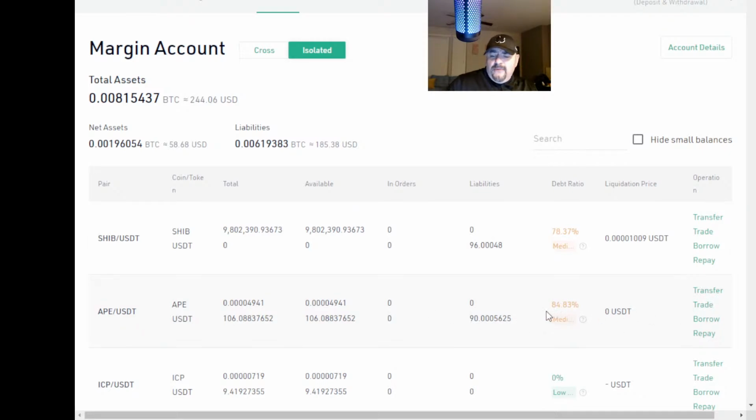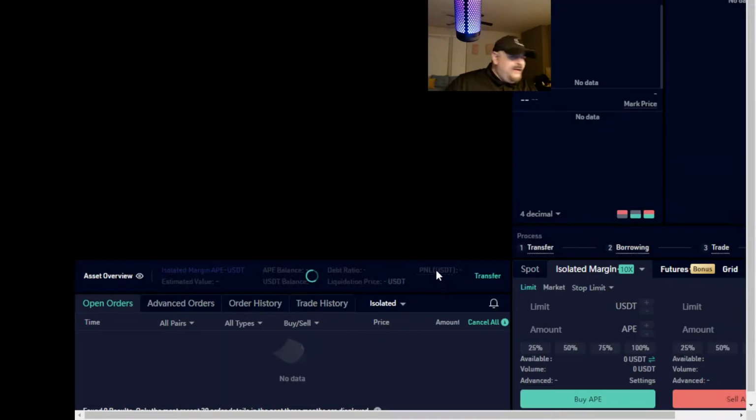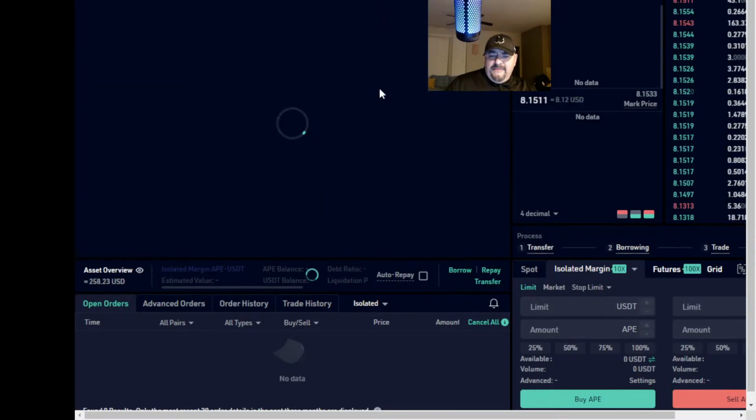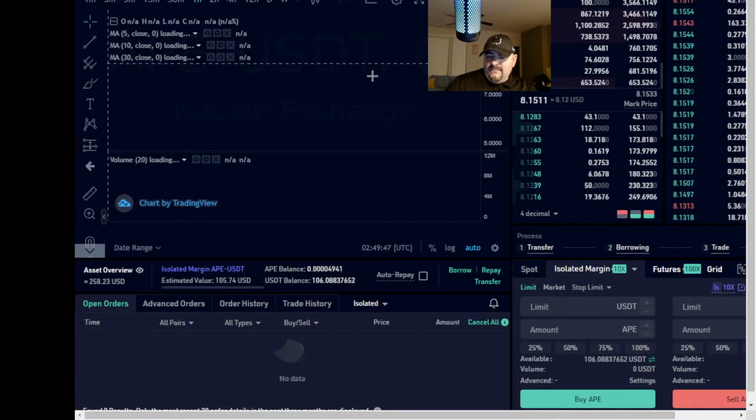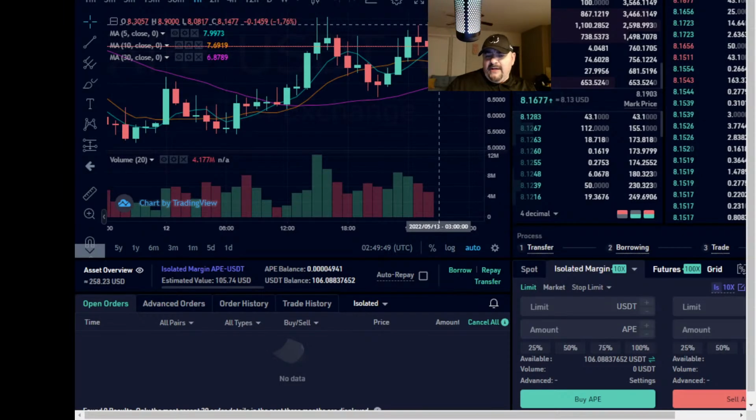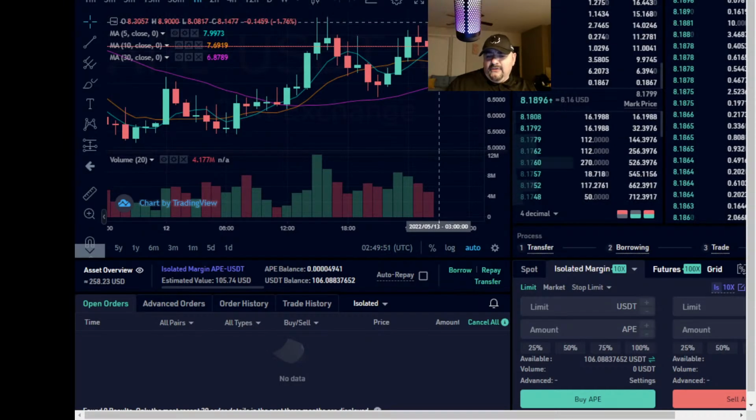So first of all, right here we made 5% on our ape. Right now ape is kind of falling, it's reversing. It looks like it's coming into a double top, maybe even a triple. Yeah, it fell. So we actually sold out. We had our profits taking a little bit higher.